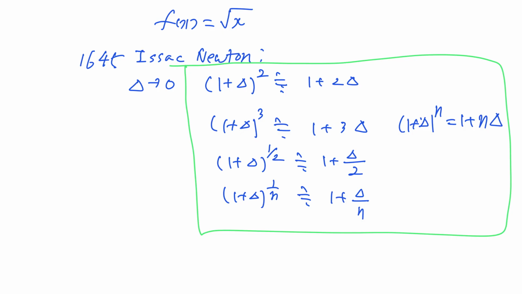So this formula is very convenient if you can remember this. You can actually calculate many square roots just by using memory, by rote. So that's one of the great discoveries of Newton 300 years ago. So using this, we can calculate the derivative of square root of x. For example, let's calculate